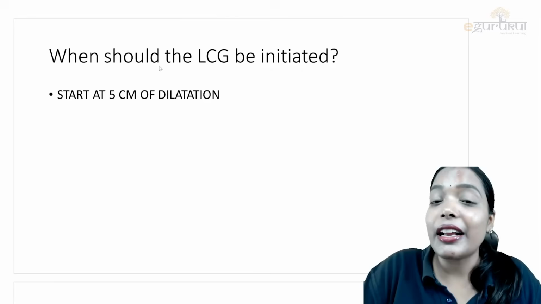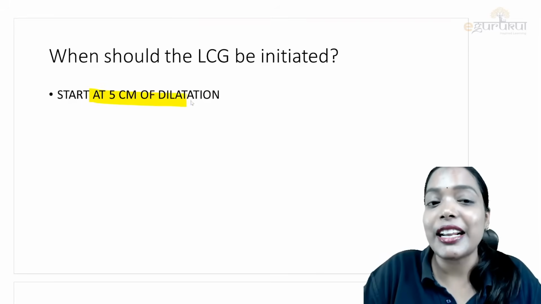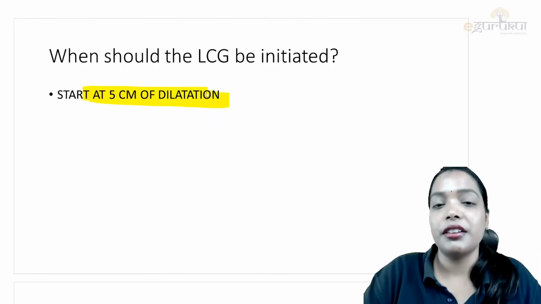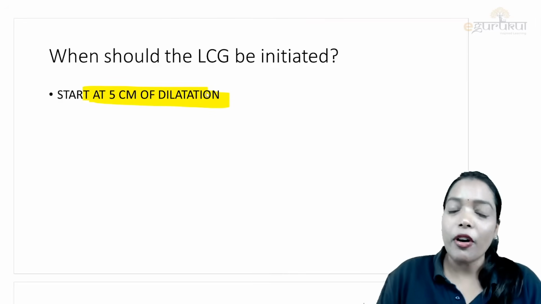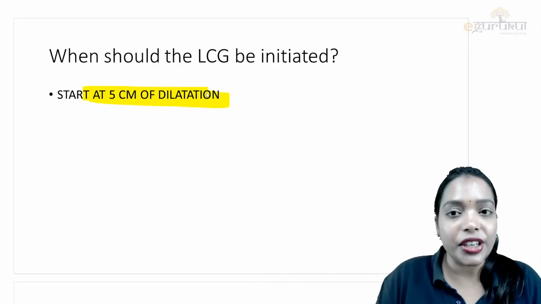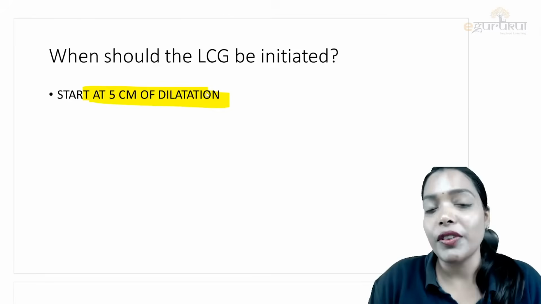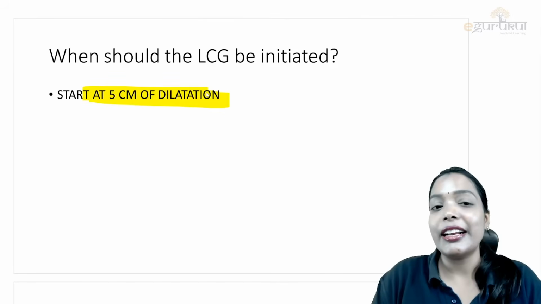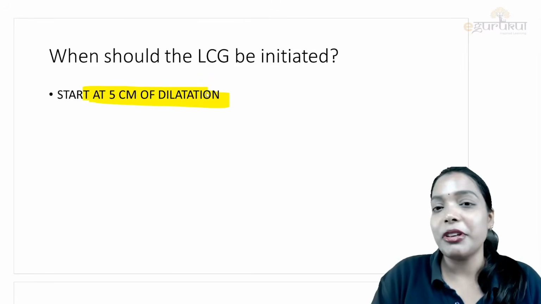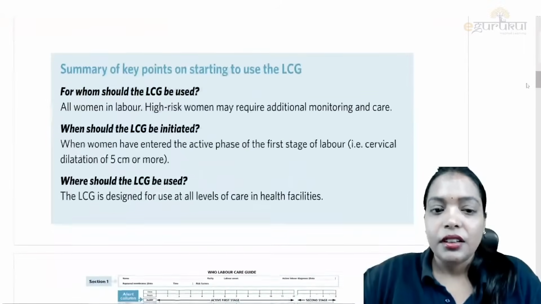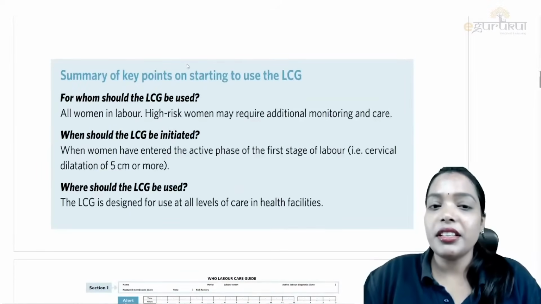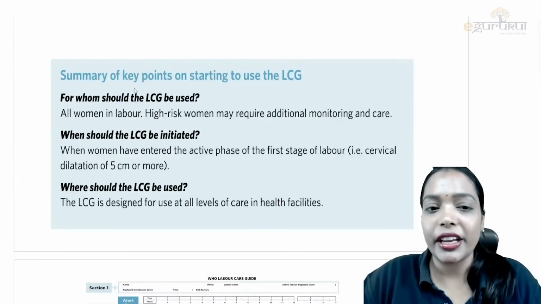But labor care guide gets initiated at 5 centimeters of dilatation. This is a change, right? So modified WHO partogram gets initiated from 4 centimeters of dilatation, whereas labor care guide gets initiated from 5 centimeters of dilatation. Okay, next. So the summary of the key points on starting the use of labor care guide is,